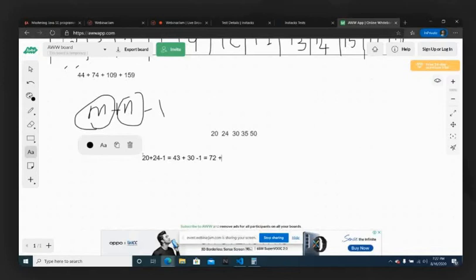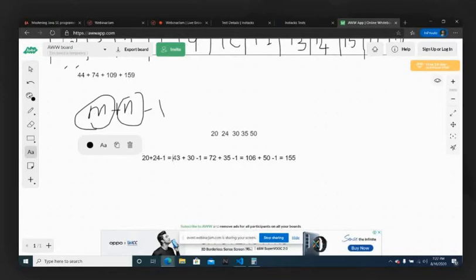Then with this array of size 72, you merge 35. So it is 72 plus 35 minus 1, which is 107 minus 1, 106. Then 106 plus the next array 50, again minus 1, which is 156 minus 1, 155.